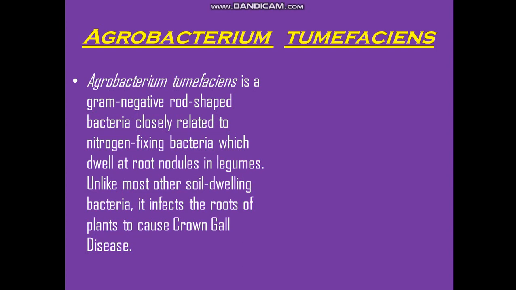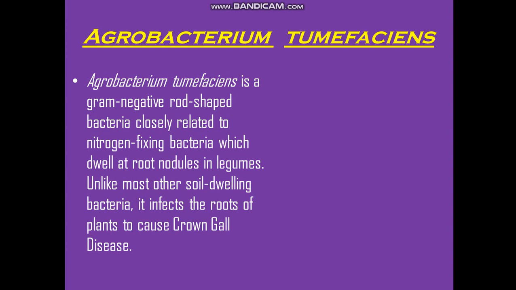You will write down the name according to the naming system, Agrobacterium tumefaciens, as I have written in white. The one written in yellow you will not write like that, because it was just a heading, and because of font issues it came like that. But the first line, written in white, you will write like this and you will underline it. Because it is typewritten here, I have not underlined. Whenever it is written in a book or typewritten, there is no need for underlining, but when you are writing by hand using a pen or pencil, you need to underline them separately, the genus name and the species name.